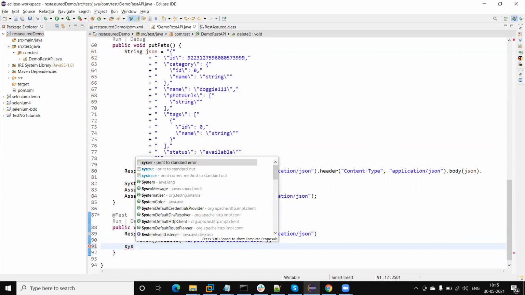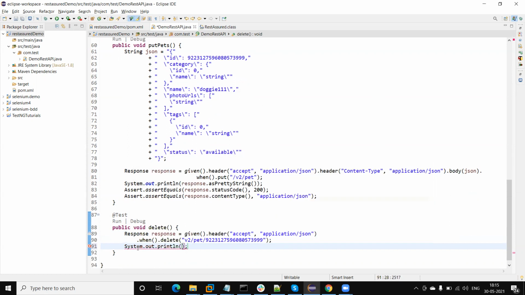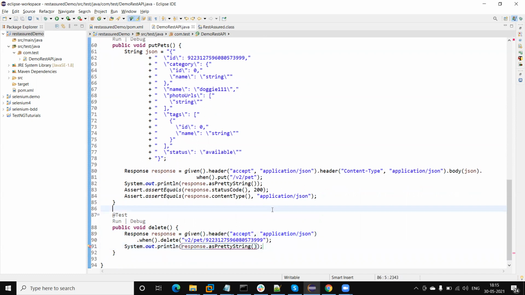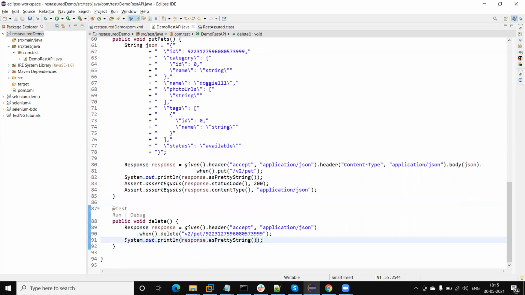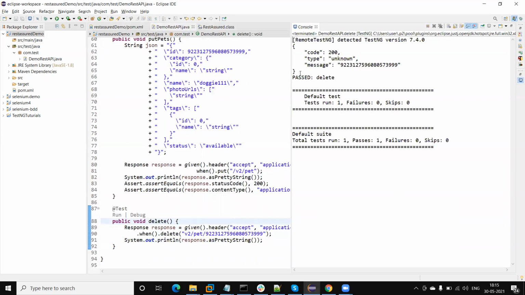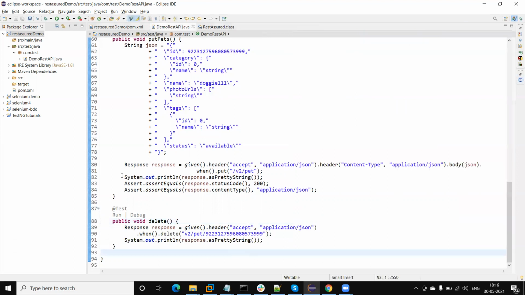Okay, now I'm running this. This will give us a valid response. Yeah, this is the response I am getting, and its status code is 200.